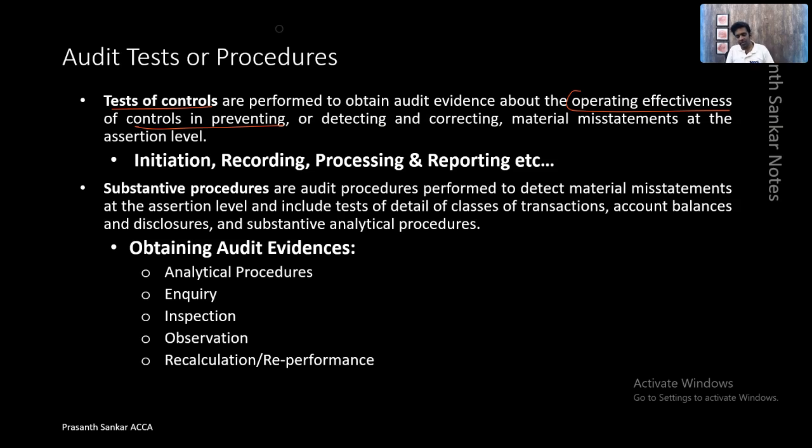So tests of controls are established in such a way to prevent or detect fraud or errors happening in a financial statement. And if we prove that the controls are effective, in turn we are proving that financial statements are free from material misstatement. The second way we collect or gather the evidence is through substantive procedures. Substantive procedures are the audit procedures performed directly on transactions, on all the transactions, to collect necessary audit evidences.